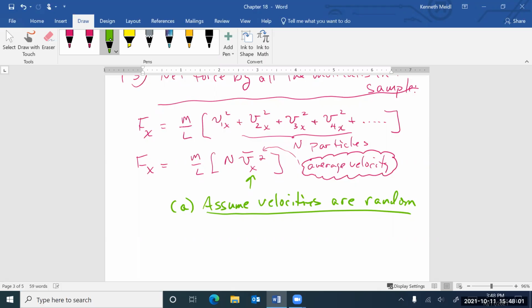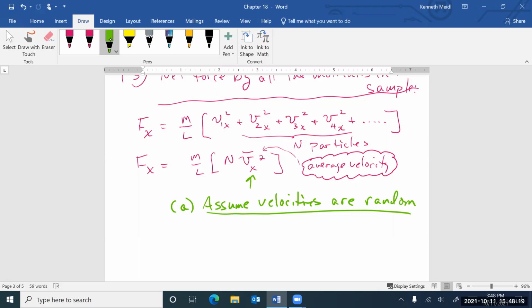But this is just a box. It could be a shoe box. It's got some gas molecules in it. And I'm assuming that there's just as many moving this way as there is that way, as there are moving towards you and so forth. So we have these three directions that they have,